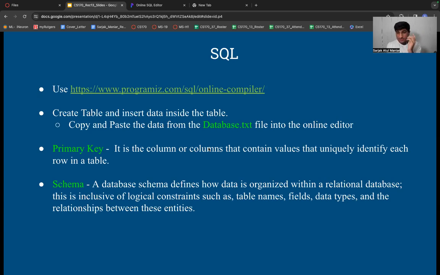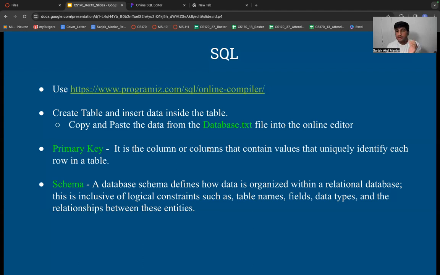Consider you have a table, and inside which you have different kinds of columns. First column is RUID, second is first name, third is last name, fourth one is, let's say, major, and the fifth one is your year, I mean freshman, sophomore, junior, senior, and last column can be your address for now. So in this table we have five to six columns, right? Is there any way we can identify any row uniquely? For example, the RUID column, right?